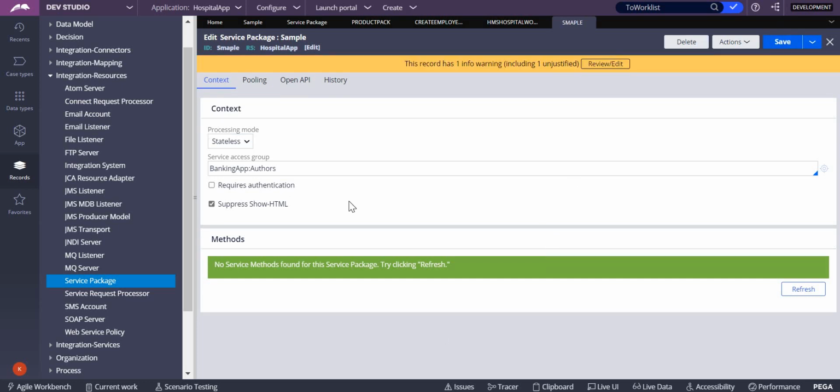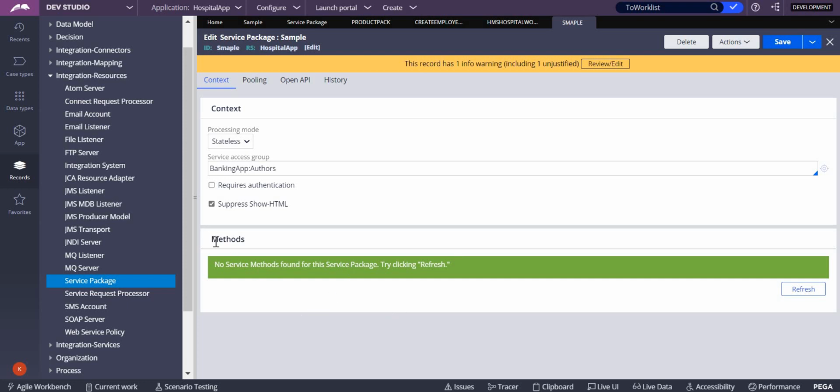So now you have saved it, but you haven't used this service package anywhere. Whenever you create a service rule, those things will be available under methods. You have another option also called deployment. Deployments will be available only for service SOAP, service JMS or service .NET. Only for those will deployment be shown. So let's see those types of methods over here.